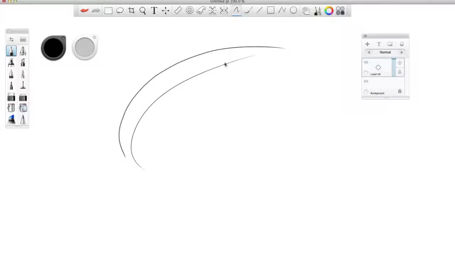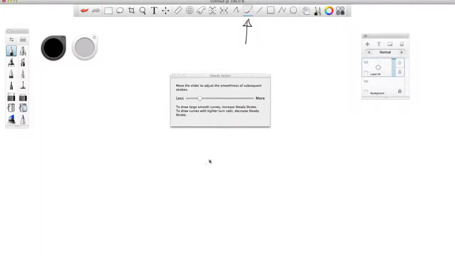So that's the new tool you have right there, and the other one is this one, which is probably a bit more interesting. Let me double click on that so you get the only option here for the tool, which is how much you want the smoothness to work. The name of the tool is Steady Stroke, and what it means is that if I go all the way